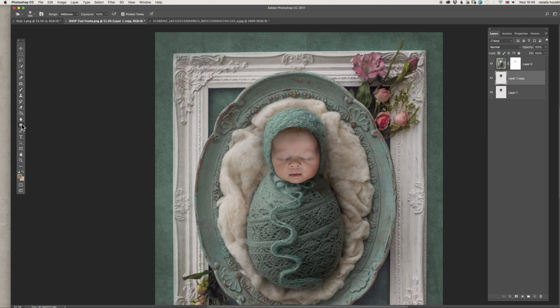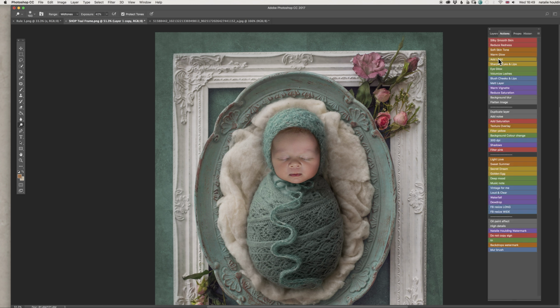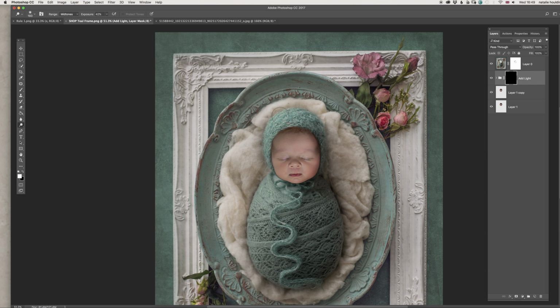I'm going to duplicate that layer again, and I'm going to add some light. So you can use dodge tool, probably on mid-tone. I'm just going to use one of my actions. There you go. There's my brush. Here it is. I'm just going to add light right there because there's so much light coming up from the top,